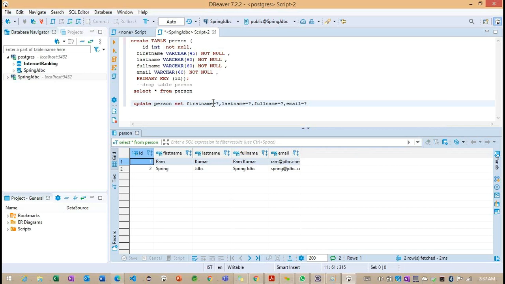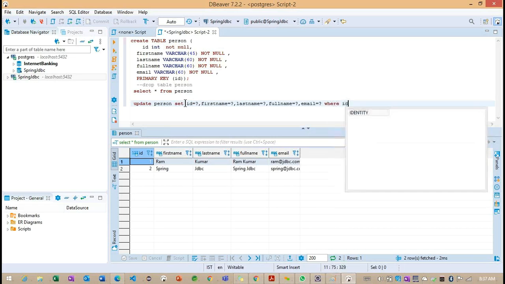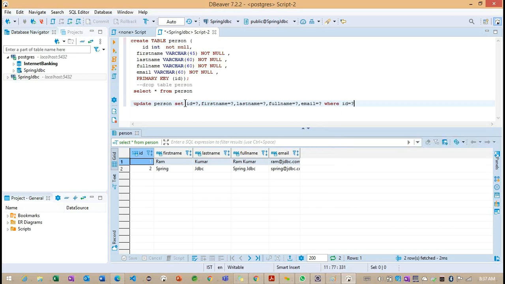So ID also we need to set. Where ID is equal to question mark.